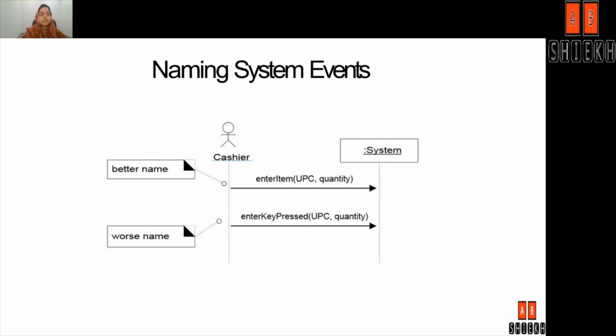Naming conventions for the system events. It's always better to select system event names that are concise and descriptive in nature rather than selecting names that are long and ambiguous. Long, ambiguous and non-descriptive system event names decrease the understandability of the system, whereas concise and descriptive names are self-explanatory and they increase the understandability of the system behavior.